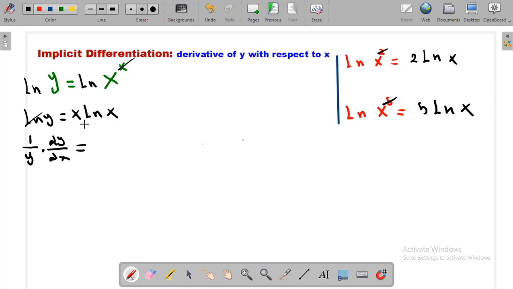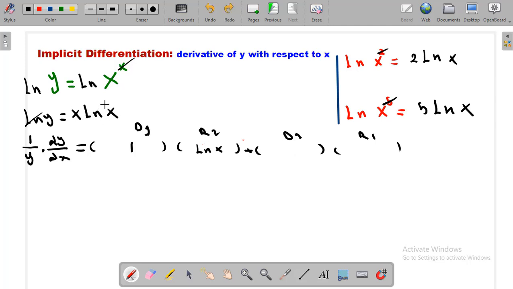This is the product rule: do four brackets, plus between them. Derivative of the first, right second, derivative of the second, right first. Derivative of the first, derivative of x, is 1, right second, ln of x, derivative of the second,